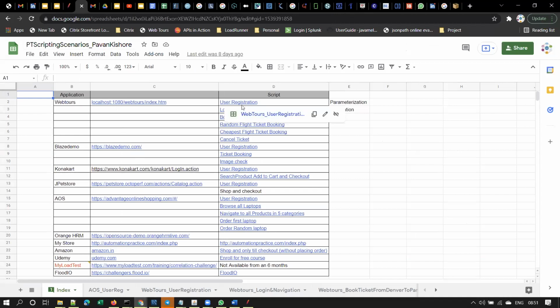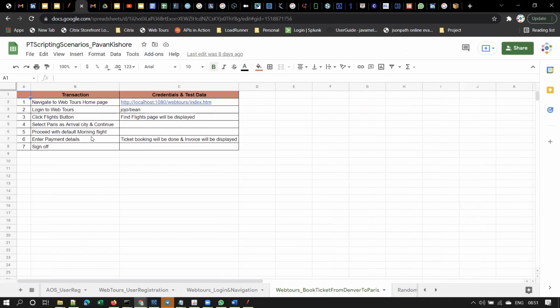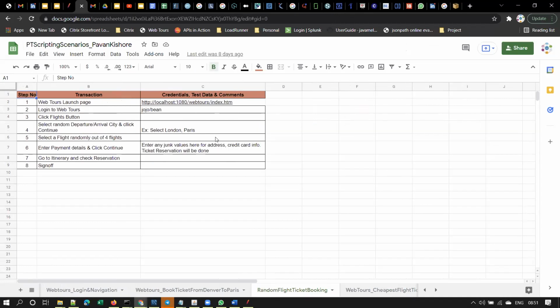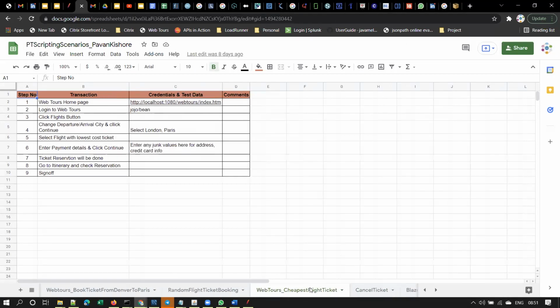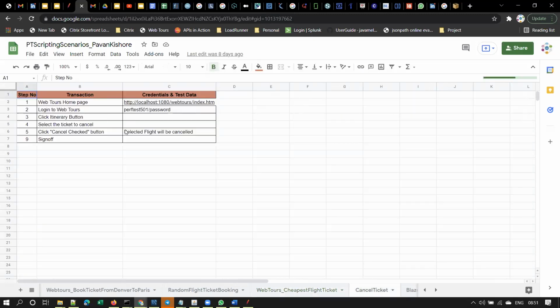User registration is one, login navigation is the second, and booking a ticket from Denver to Paris. Then random flight ticket booking, cheapest flight ticket booking, and cancel ticket. So these are the critical business flows for the WebTools application.